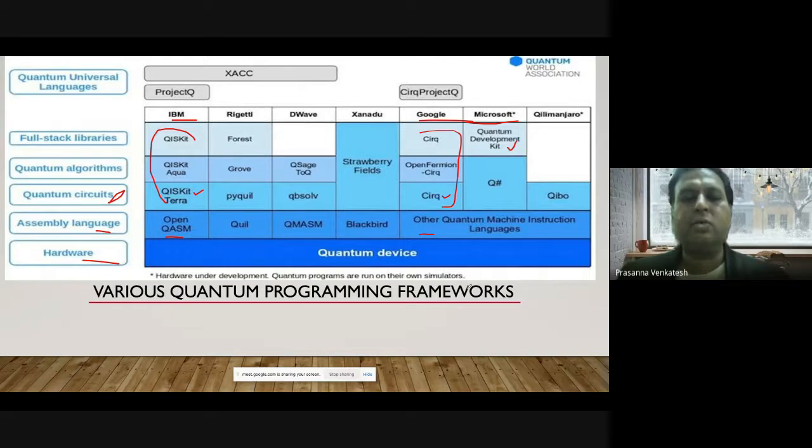The quantum players have also taken a similar approach, where they provide frameworks to help you develop whatever you want to develop on your local machine. Once you are ready, they provide a lot of simulators and emulators through which you can experiment with the details you have created. And once you are done, you can take that to the quantum devices for the final execution. A similar approach is being followed there.